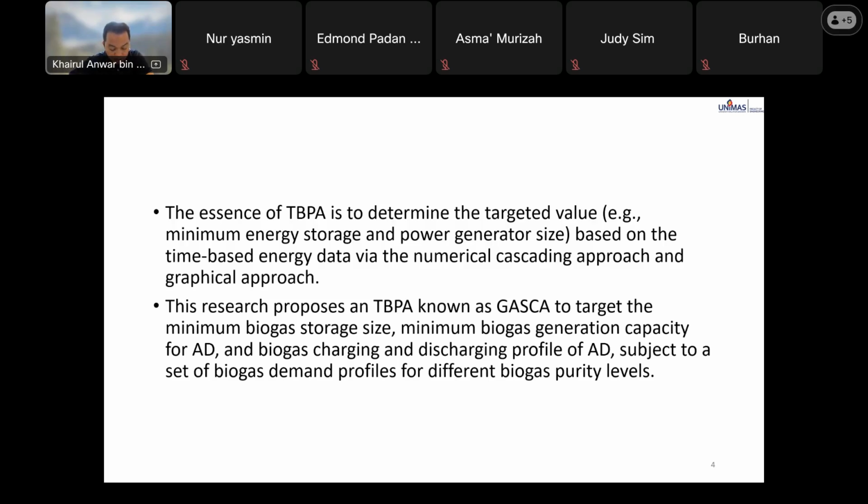So to address this gap, this is why the author introduced TVPA methodology for the biogas system cascading analysis or Gas-Car framework, targeting supply demand of biogas energy system, determining optimal capacity of energy registered, and biogas storage,